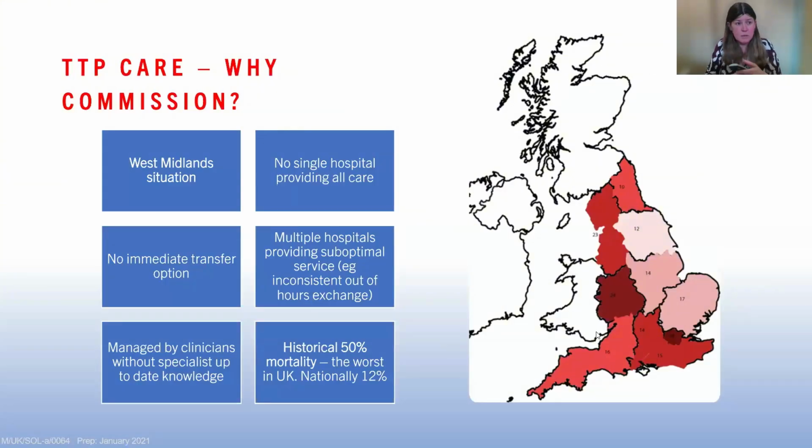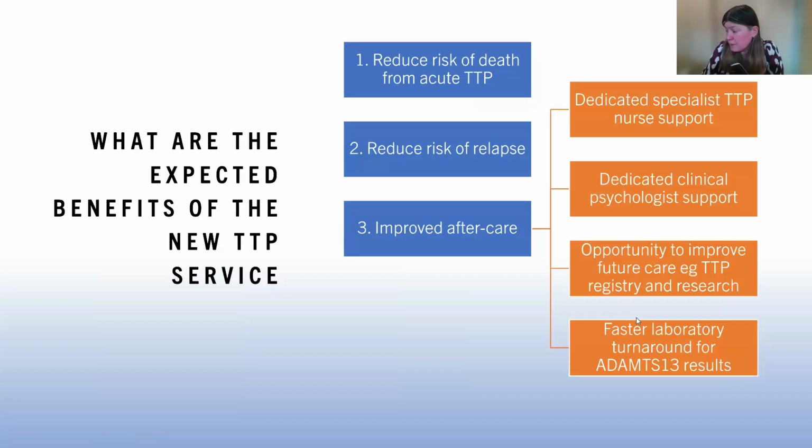So in the UK, about 6 or 7 years ago, there was a move to commission TTP care, and we now have a number of specialist centres. The reason that we did this is that we had very high mortality rates in some regions, including the region that I work in, from TTP previously. This was a condition that not all hospitals saw frequently, and transferring patients, as I mentioned in that first case, was very difficult. So there was a big need to try and help this and try and even things up.